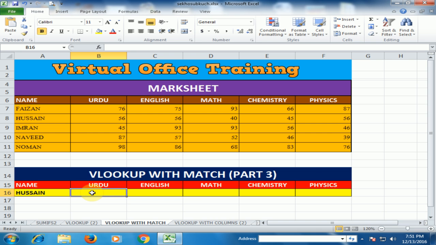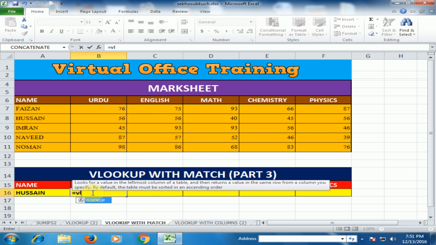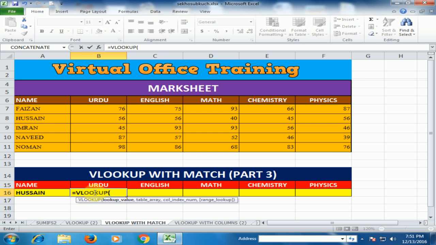Now type equal to VLOOKUP. It will ask you for the lookup value. I will select the student name, and because I will drag it to the right, it will change.